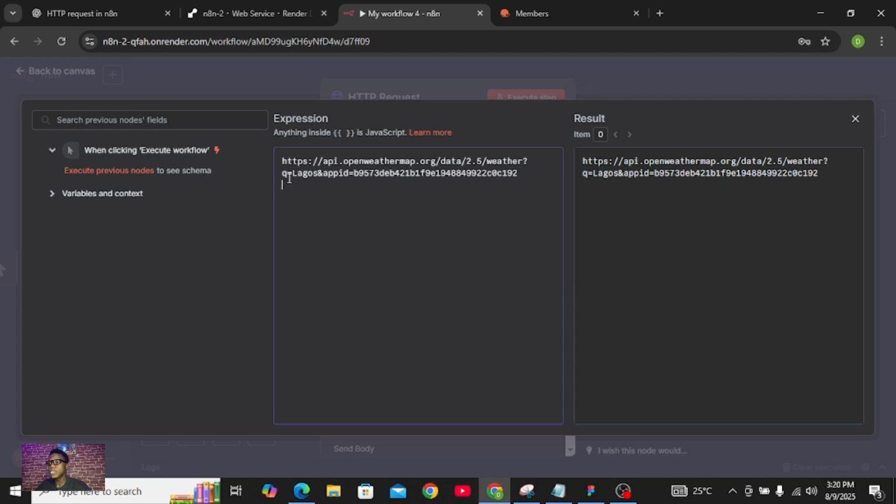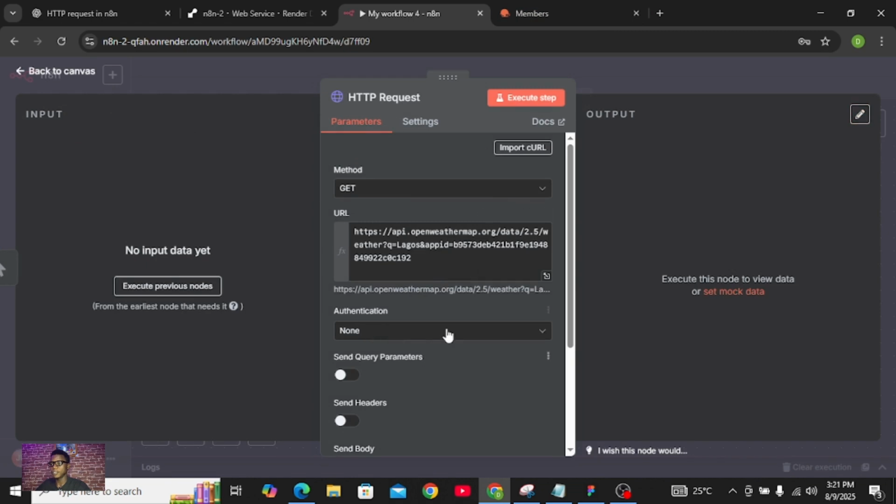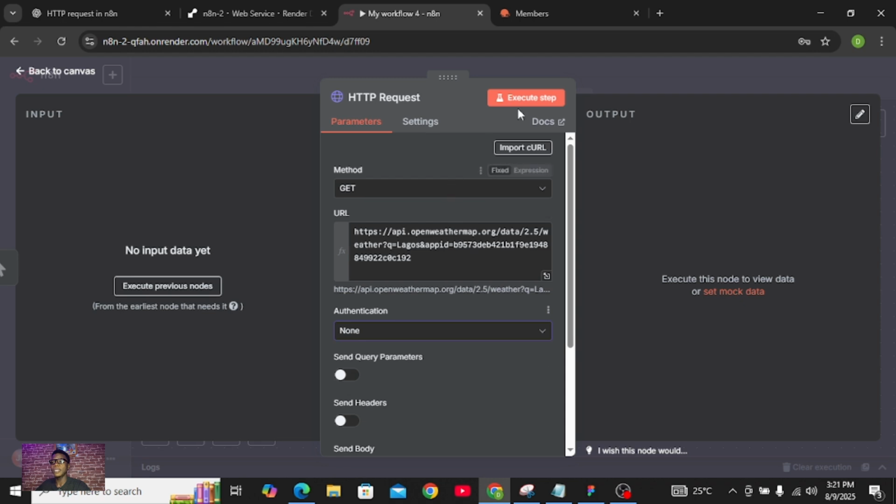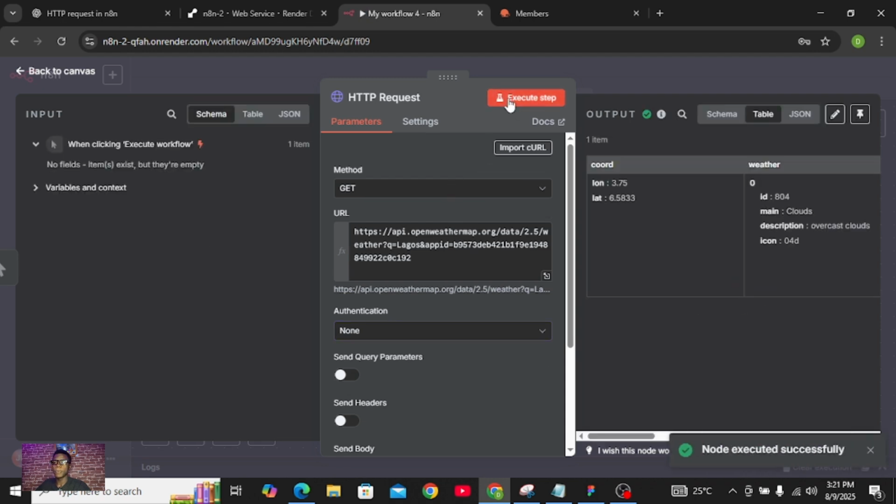And this Q is equal to means query. Query is equal to Lagos because it's Lagos we want to search about. And for the rest of this place, this just means where we're going to insert our API key. Don't let this really stress you. If you go to Open Weather and check their documentation, they will teach you how you can set up your credentials and all these things. Let's say the authentication to none, and when you click execute step, you can see it